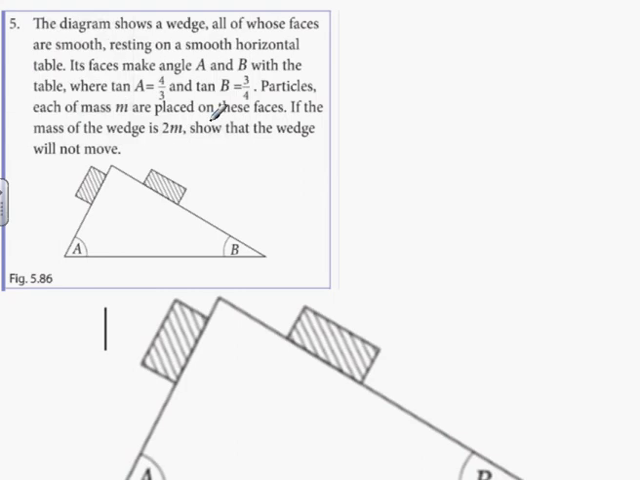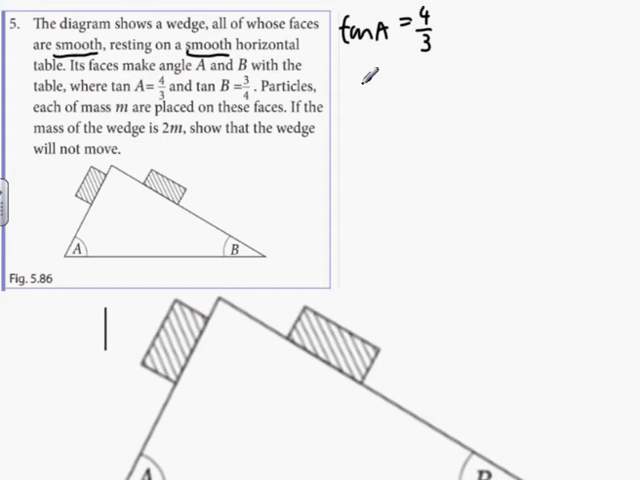Question 5. The diagram shows a wedge, all of whose faces are smooth. Smooth means no friction, thank God. It is resting on a smooth horizontal table. Its faces make angles A and B with the table, where tan A is given. So right away, I'm just going to work out